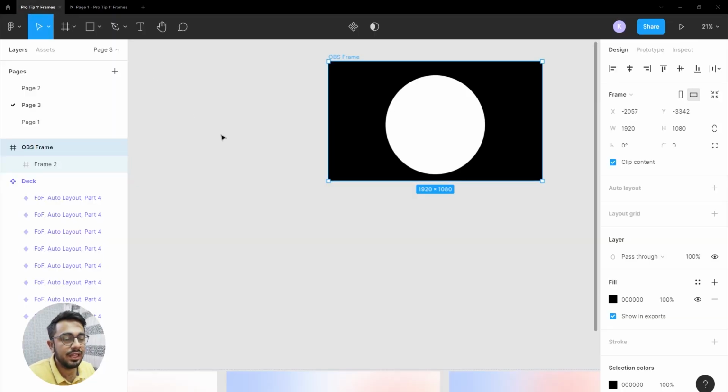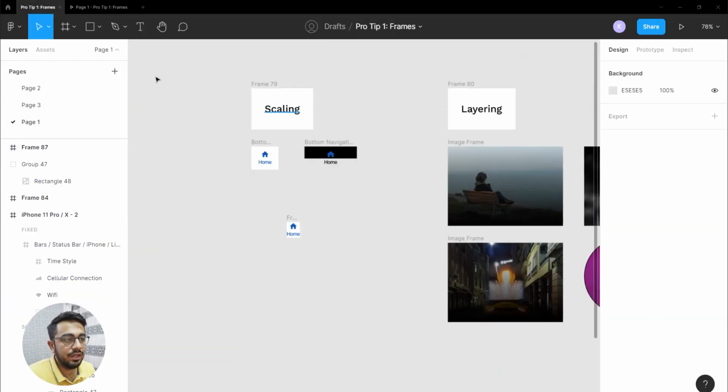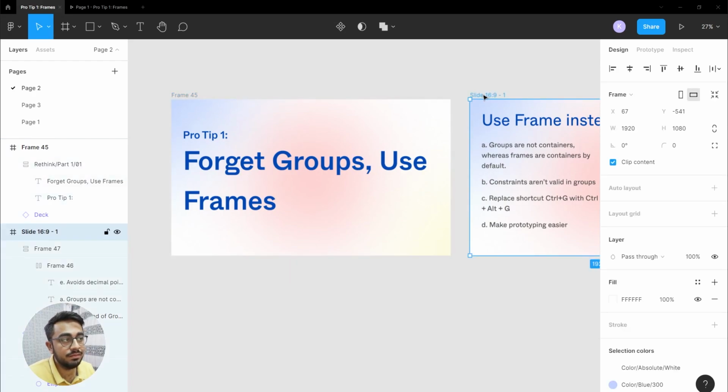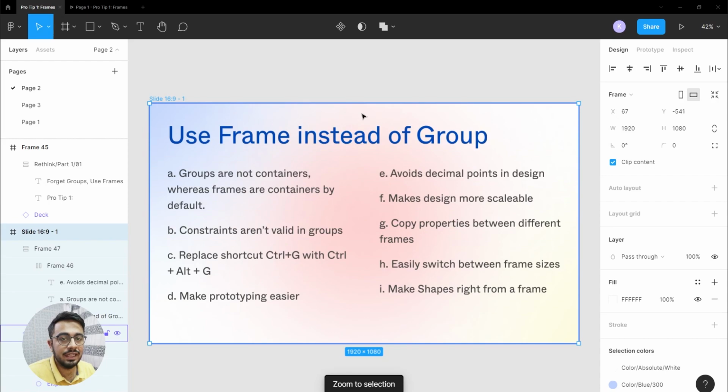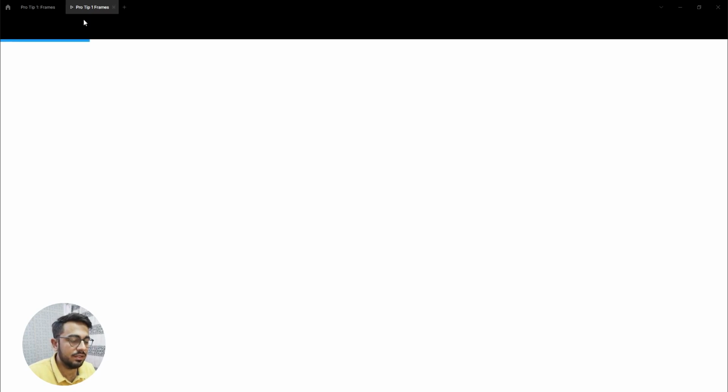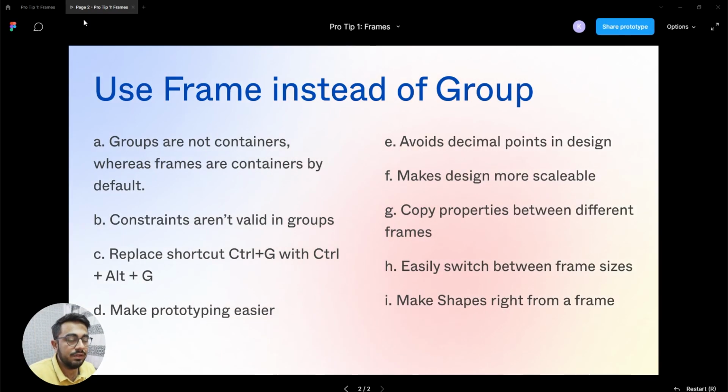And you'd have to care about fewer things, such as what if while handing off my design has some decimal points, or what if my design has some flaws in it which I am not able to identify. But frames will help you identify some of those flaws, and auto layout will help you scale them up even more. Okay, so these are some points that you can use, and I hope I was able to cover all of these, and hope you use this approach in your design process so that it becomes easy for you to design screens.